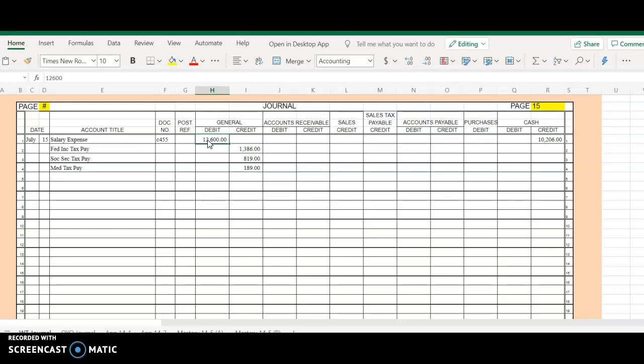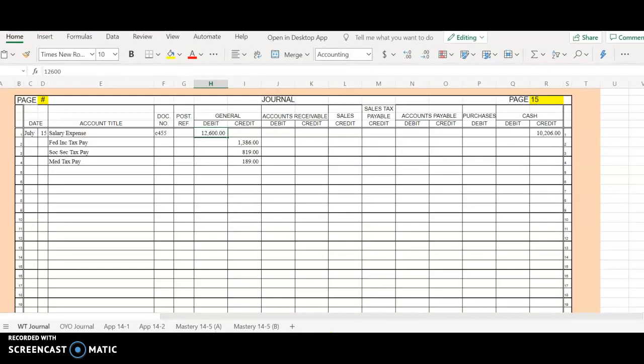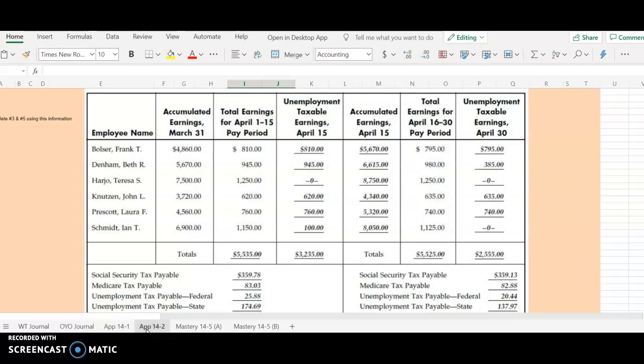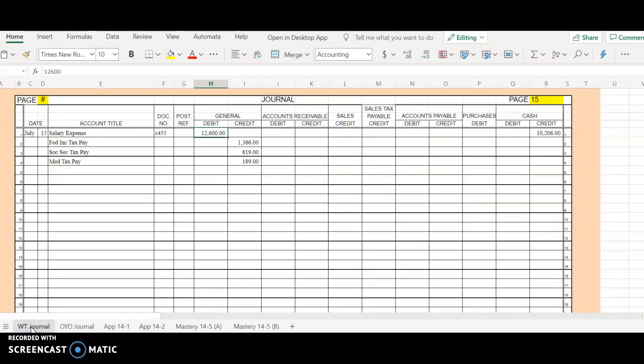Next, 14.2, you're going to turn to page 340 in your textbook. And it says, we're going to switch down here. I don't do a good job down here of including, can we see that? Yeah, 14.2. Oh, not application. We're still on this. Sorry, we're going to put all this in the same journal. My bad. So it gives you some information, and it says calculate the amount of earnings subject to